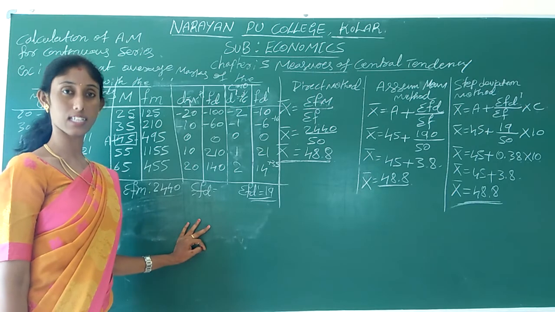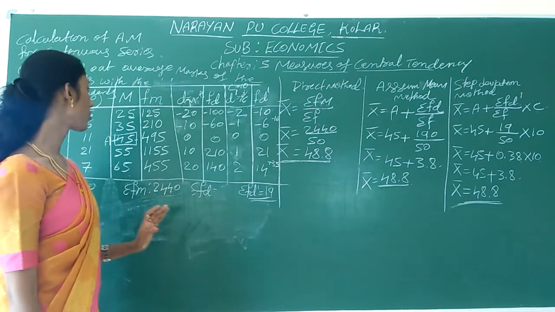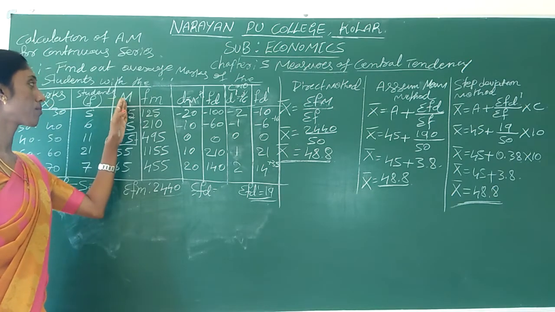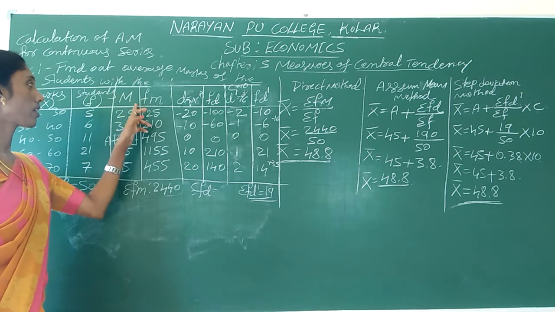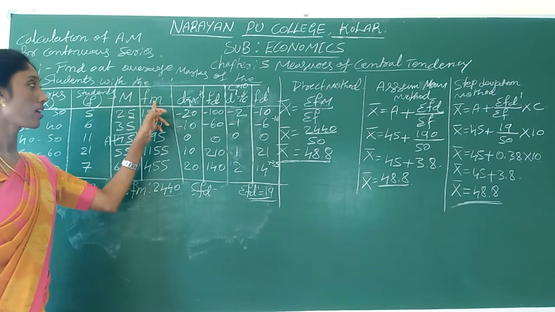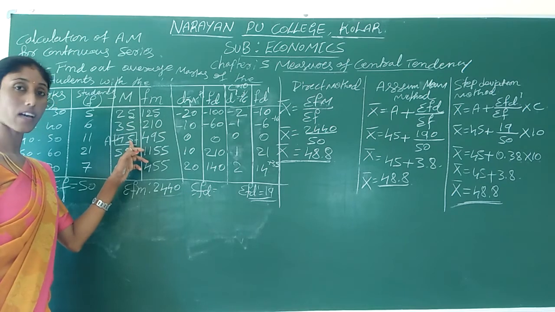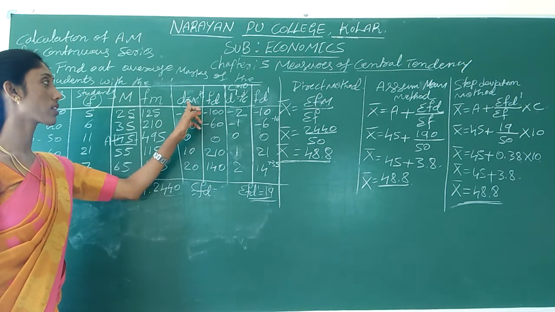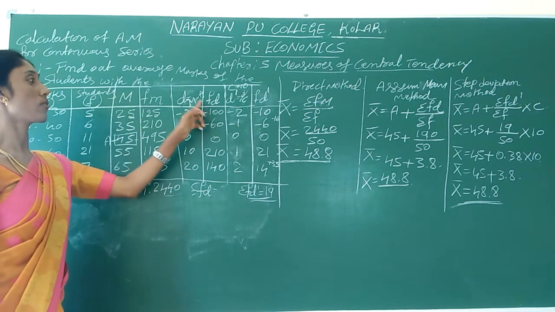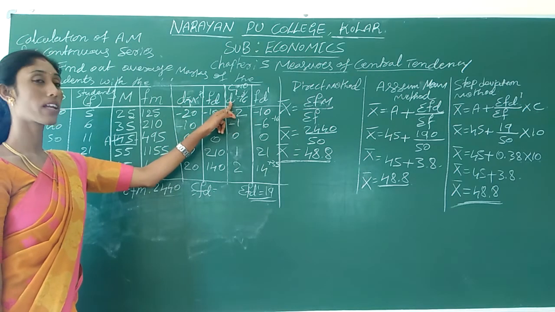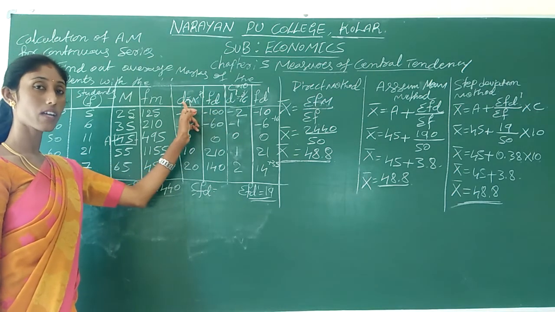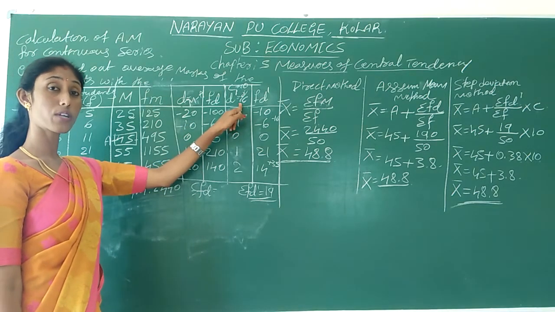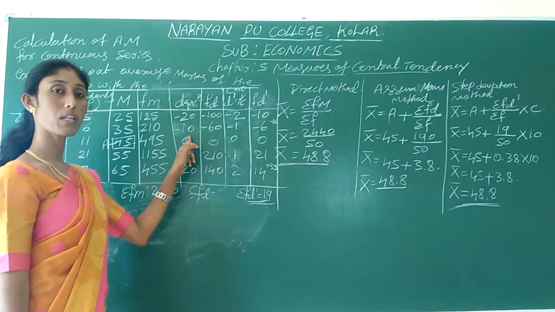especially in continuous series. The main thing is we need to convert the class interval into a midpoint, and these midpoints we have to multiply with f. We will get f into m. Then by assuming a midpoint, we can take a deviation, and when we multiply these deviation values with f, we get f into d. And d dash, how do we get it? By dividing all the deviation values by a common factor. And the secret of how to take the common factor is by taking any one minimum.